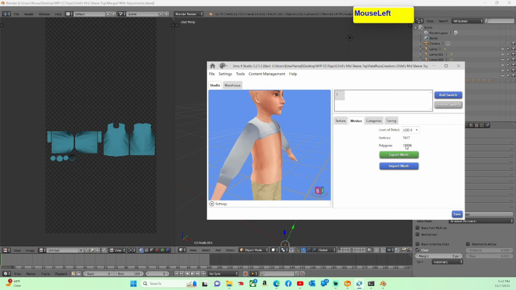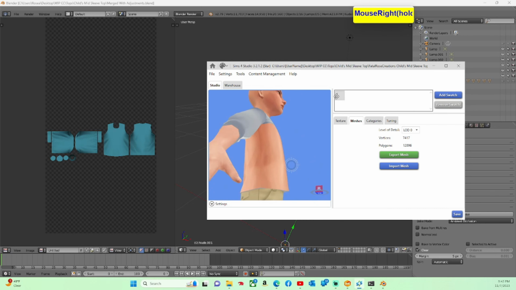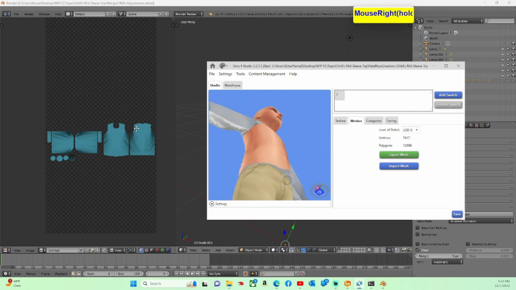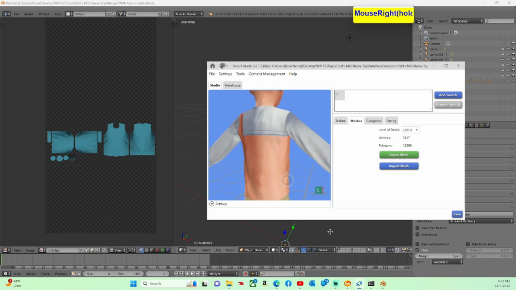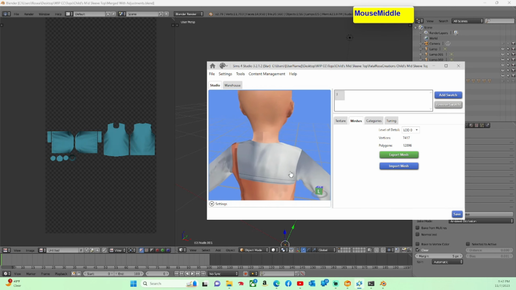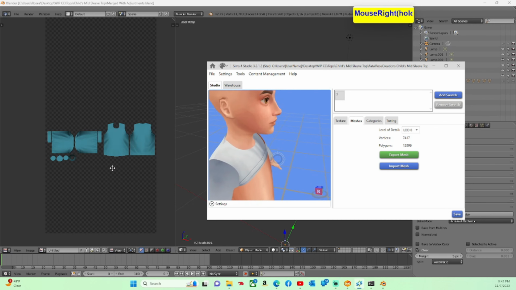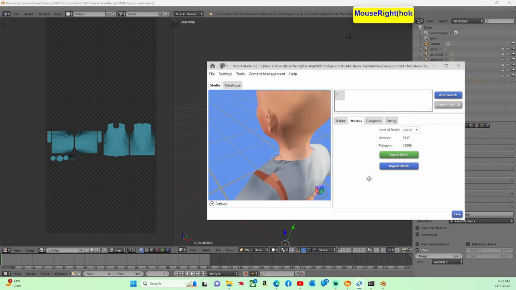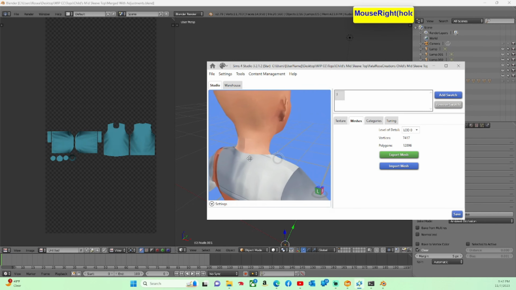Alright, so as you can see, our poly count is 12K. It's a little higher, but I tend to make alpha stuff, so I think that's fine. If you want it lower, you can go in lower. One thing I've noticed is that sometimes, actually most of the time, doing this way can create some